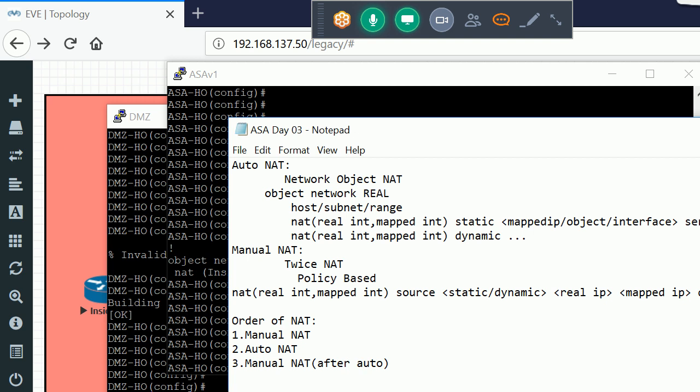Okay, we use static NAT for one-to-one mapping of DMZ or inside servers, so that these servers are publicly available. That is the use of static NAT.